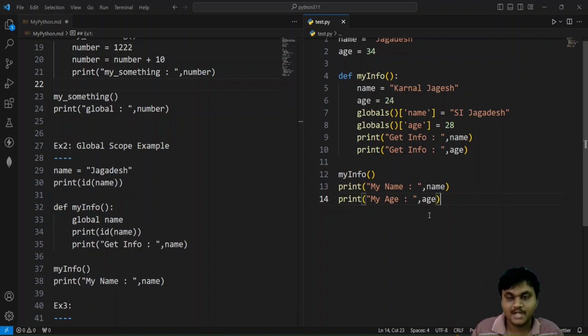One second, friends, I'm repeating. Built-in scope means there are some built-in functions and built-in modules available. We'll be able to access them anywhere in the program. Not only one program, we can access them in any program. What are the built-in scope variables? Like our print function, id function, type function, and also keywords,